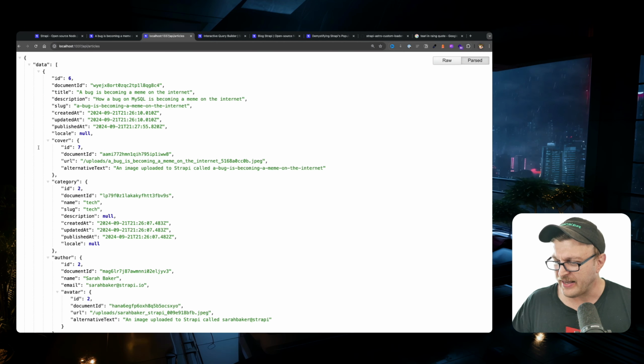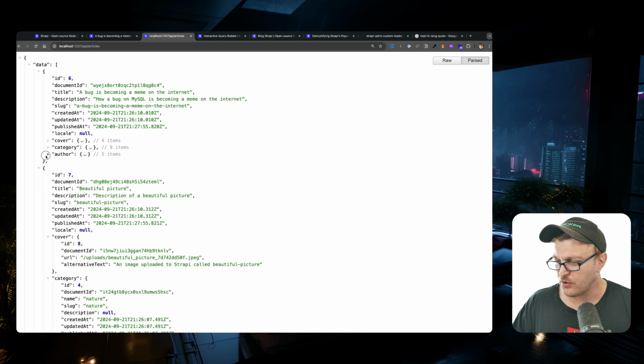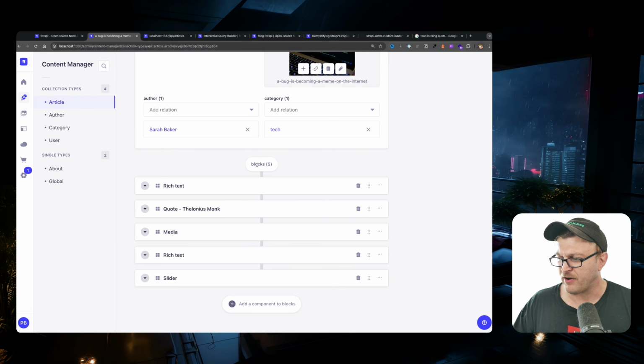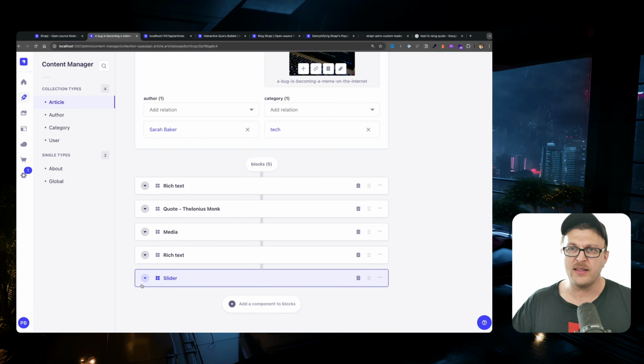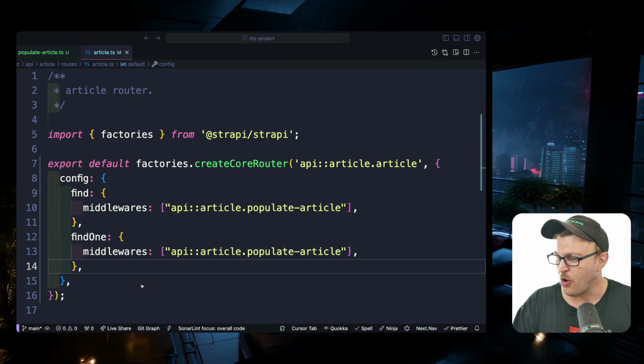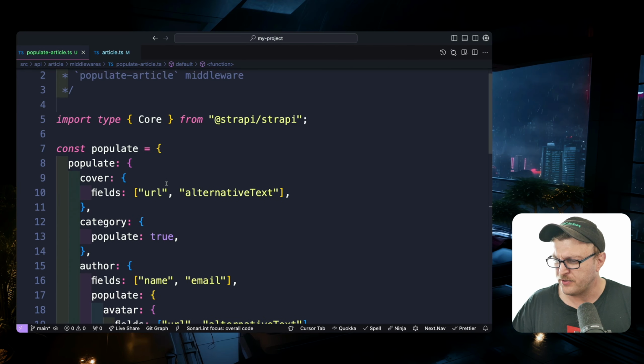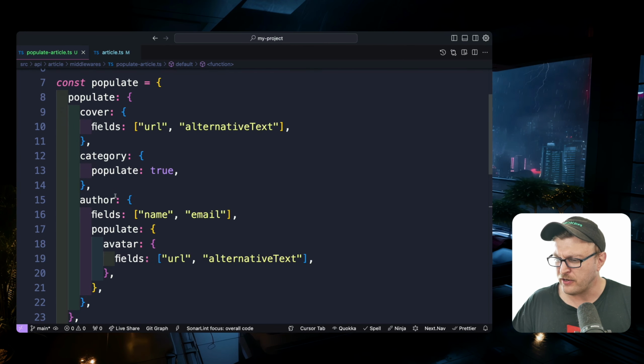So finally, again, notice we're getting our cover, our category, and our author image. If you take a look at our post, we also have our blocks, rich text, quote, media, rich text, and slider. We want to make sure that we get those items as well. And now instead of having to do this change in the front end, we're able to just define it once in our backend. So back inside our populate article, we're going to scroll up to our populate function here,